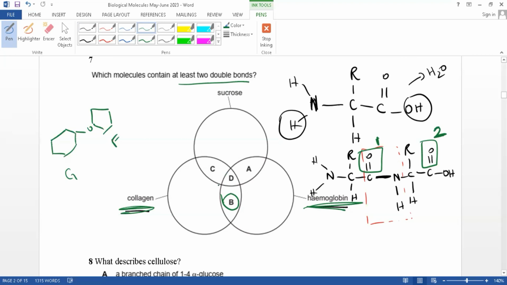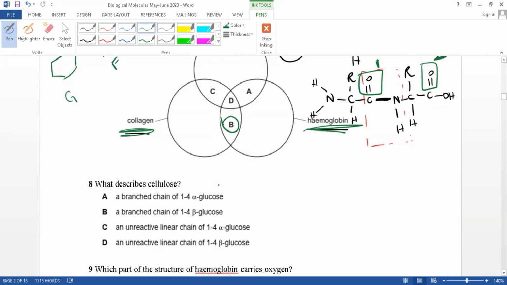Next is: what describes cellulose? Cellulose, you know, is made up of beta glucose. I have told you that it is made up of beta glucose, and every alternative beta glucose turns upside down at an angle of 180 degrees. When I taught you about cellulose, I taught you this thing. So that's why it is made of beta glucose, and the bond between the two beta glucose is 1,4, because this is carbon number 1, this is carbon number 4. So that is a 1,4 glycosidic